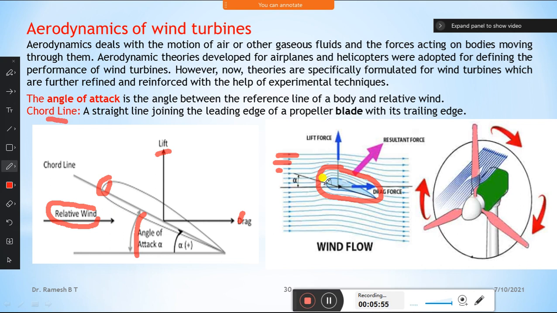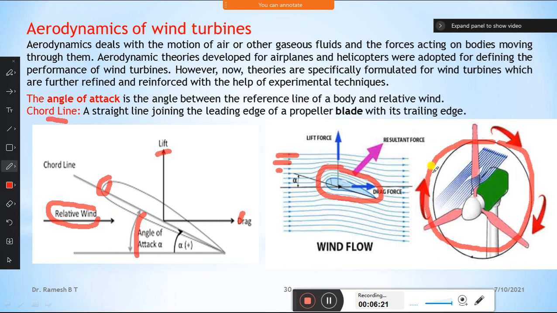While changing the direction there is a change in the momentum, and it causes two forces called a lift force and a drag force, and combining these gives a resultant force. This entire thing we can call a swept volume. Swept volume means it's a diameter, a swept diameter, so this is a swept area.